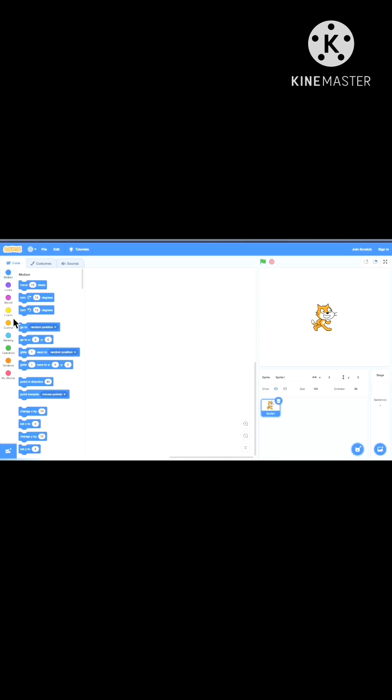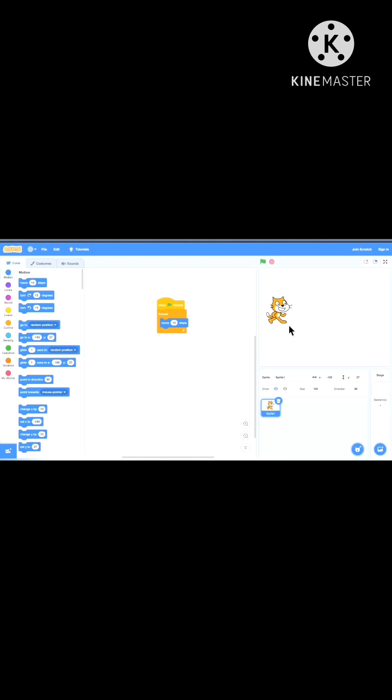As you all know, to move our sprite forward, we use the when green flag clicked, forever and move 10 steps block so that our sprite will move forward. But have you ever noticed that when our sprite moves on stage, it is not changing the position of its leg? It is moving in the same position, keeping its leg right forward. But if we want it to move in a proper manner, for that we will use costume.